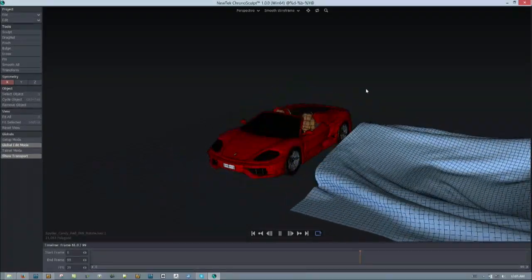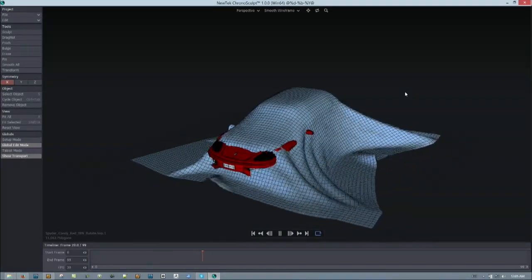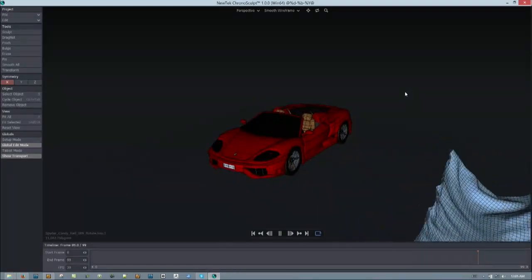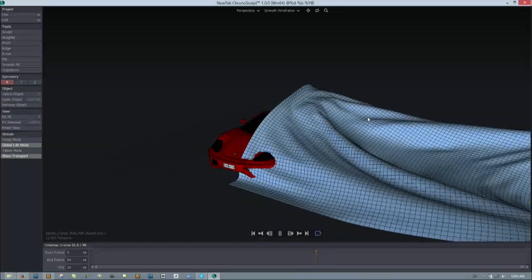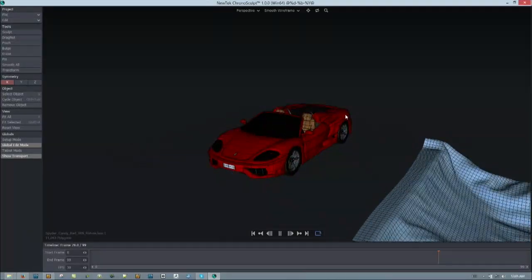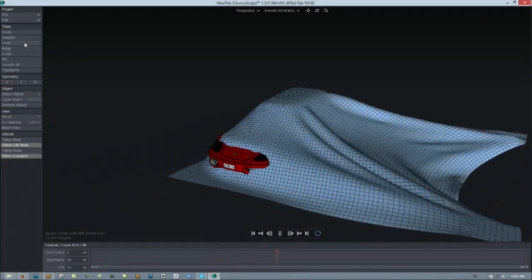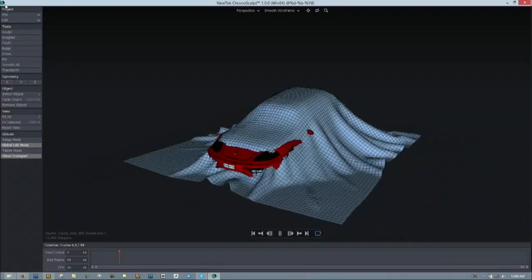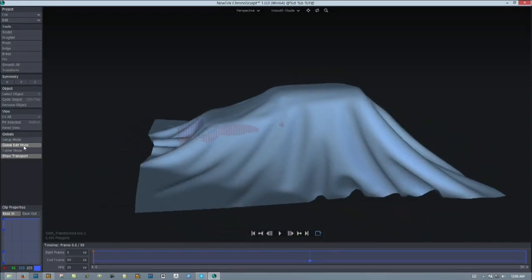So this is a case where we did a soft body simulation. I ran this on a different car. It's a totally different shape. So we're going to show you how fast you can correct a dynamic simulation of soft bodies or cloth. This allows you to do a simulation that's 80% okay, and then use ChronoSculpt to make it perfect within seconds. So we're going to go into global edit mode and use the brush sculpting tools to correct this simulation,